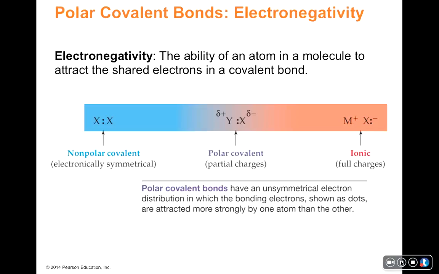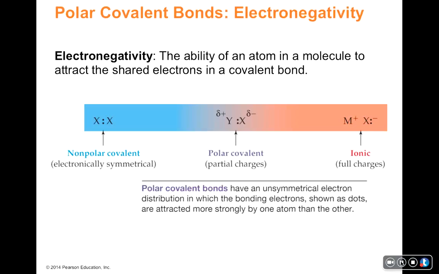So in here, you see an X and a Y. So atom X, you can see that Greek symbol above both the X and the Y. Those are to indicate that those have partial charges. So that Greek symbol just means partial. So you can see in the example here that X has a partial negative charge and Y has a partial